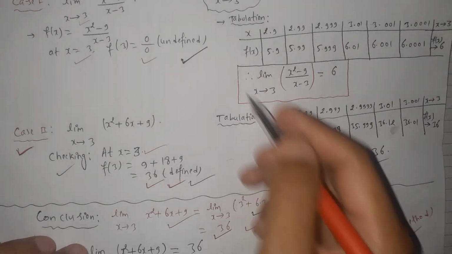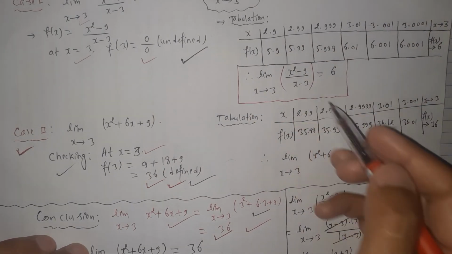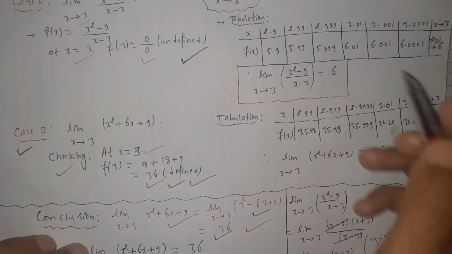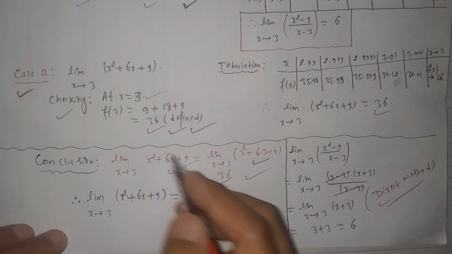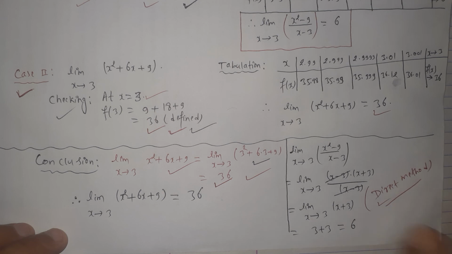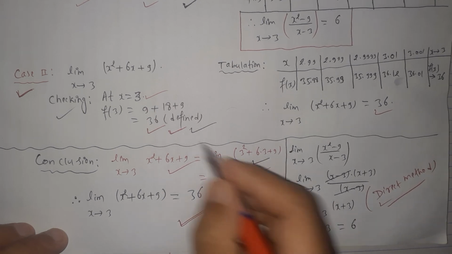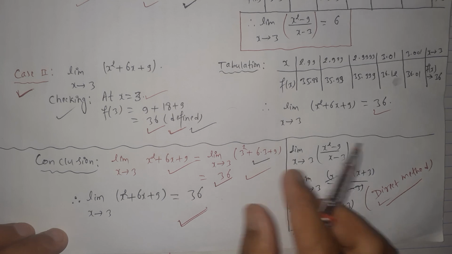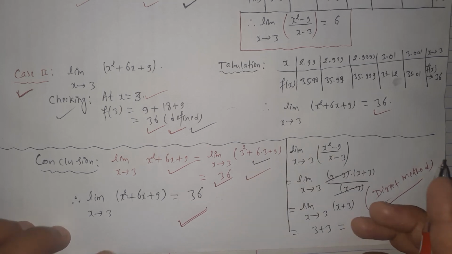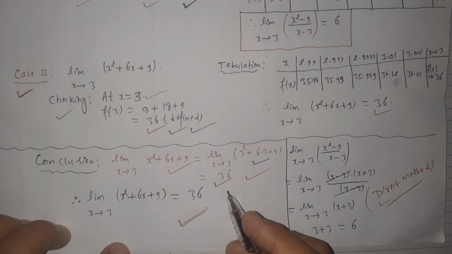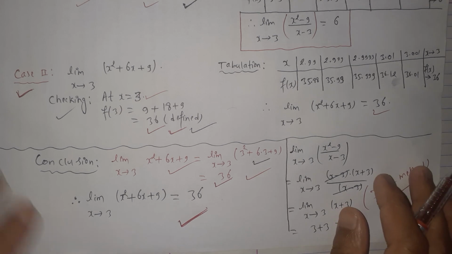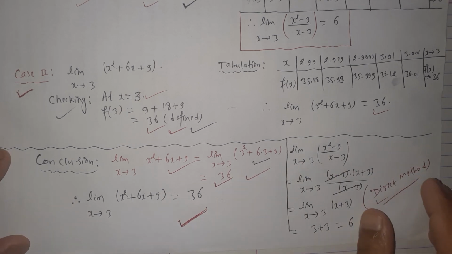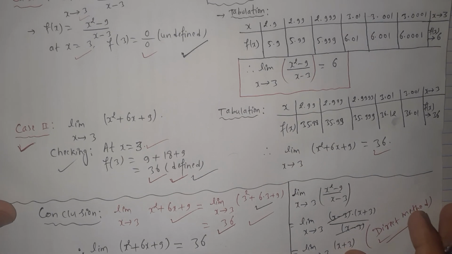The tabulation method is very lengthy and complicated. It is very simple but a very lengthy process, so these methods are generally not used. We use the direct methods for the calculation of limits. Please remember the points, remember the methods, remember how to calculate the limit of functions directly. These direct methods will be very helpful for the calculation of the limit for given functions at a point.